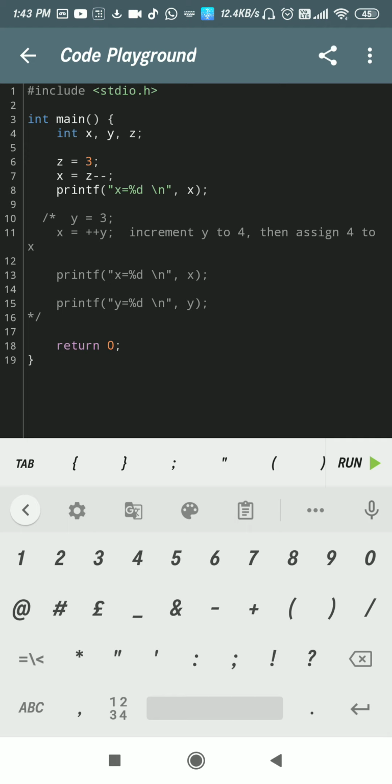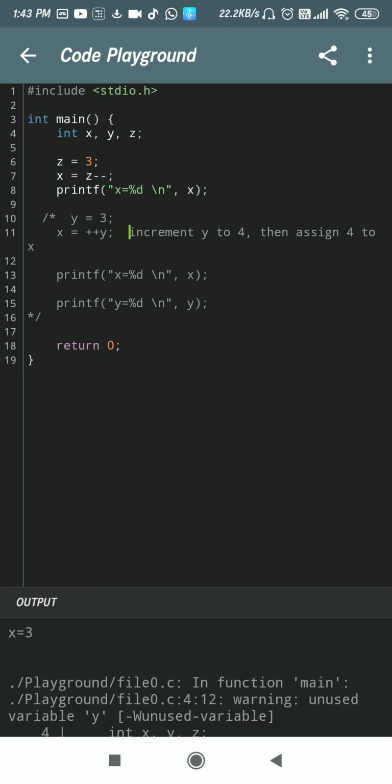The grayish shadow means the complete multiple lines I want to give as a comment, which is not readable by the compiler, hidden. So see here, the result is 3.